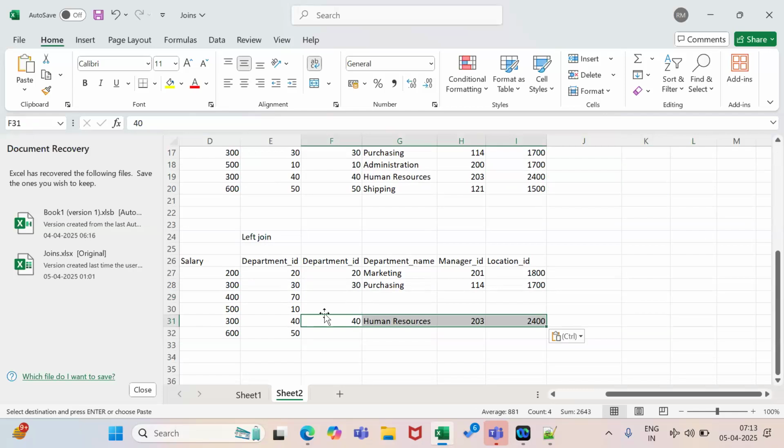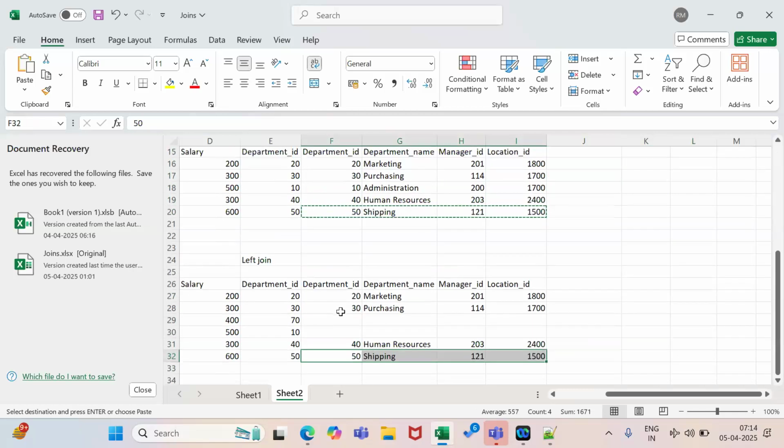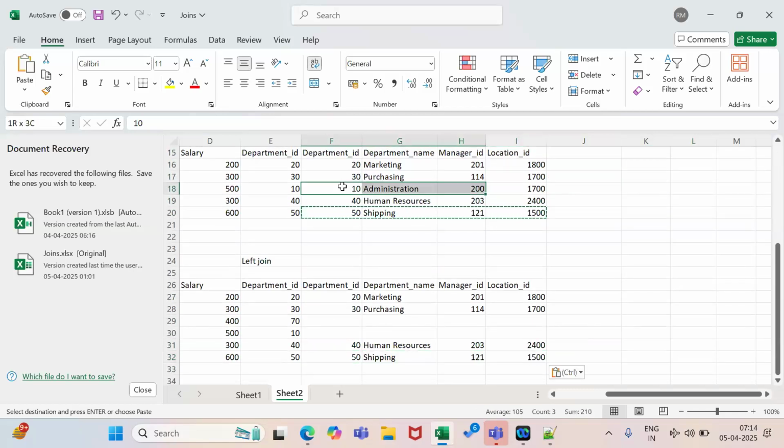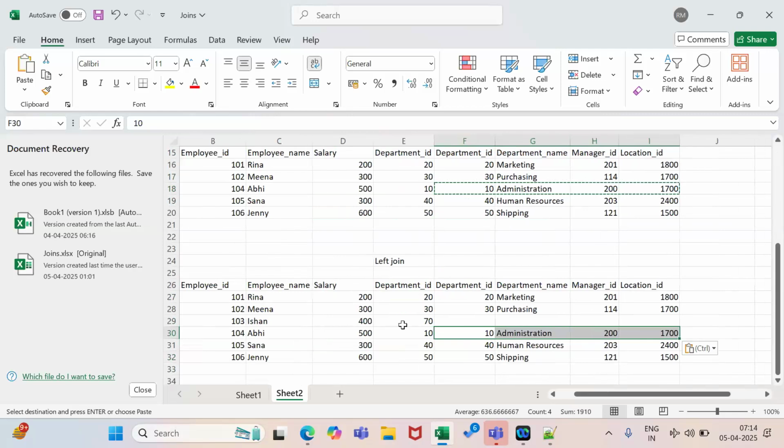For 50 also, for 10 also we have. Last time when we were doing inner join, we did not have any matching data for 70 in the departments table, so since it was an inner join, we deleted this data. But now since it's a left join, we are not going to delete this data. Instead, we can write null here.